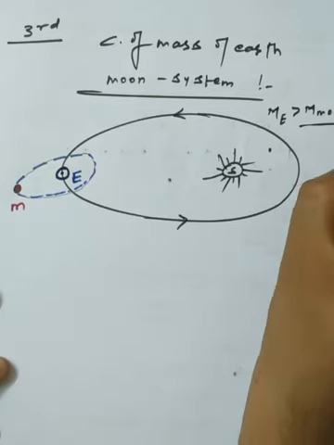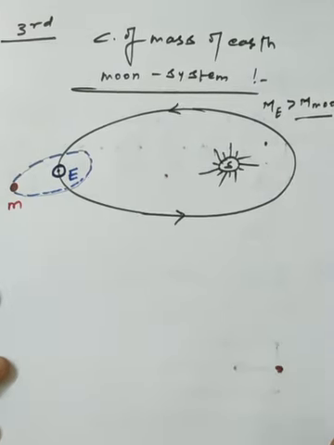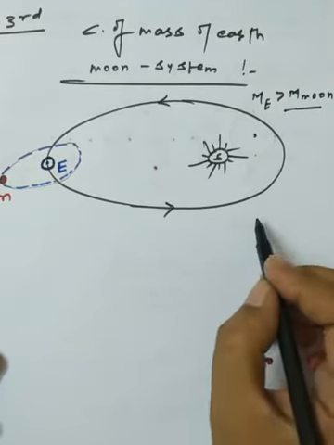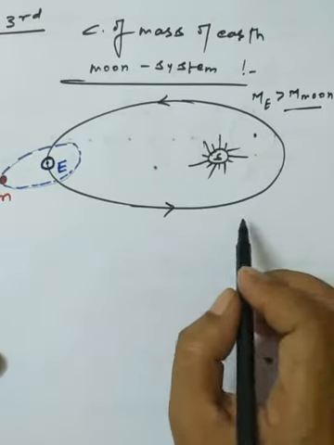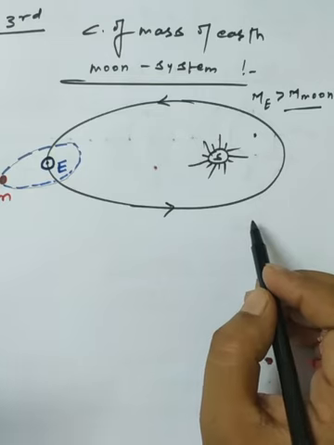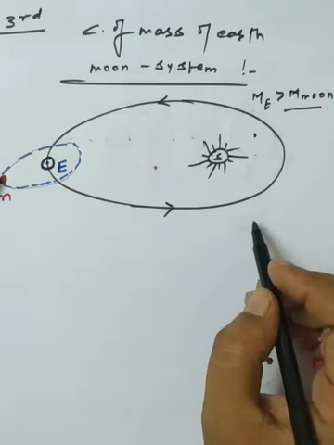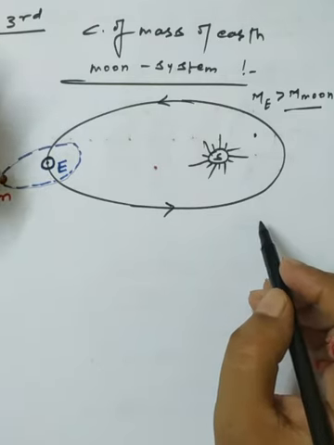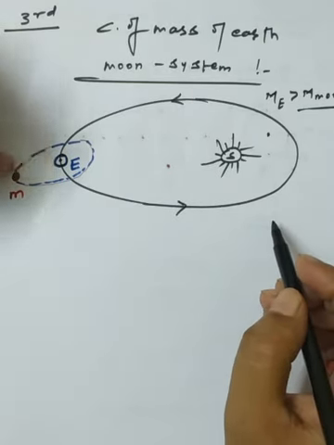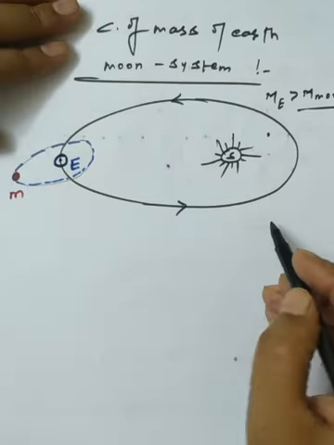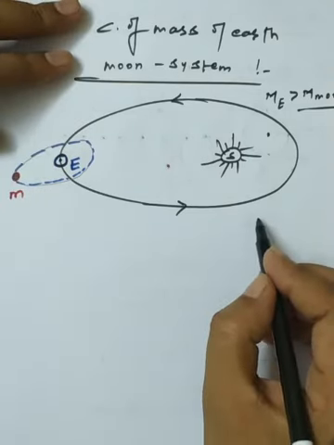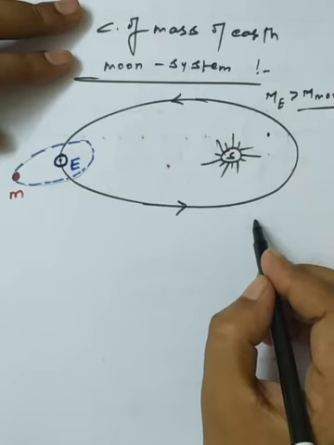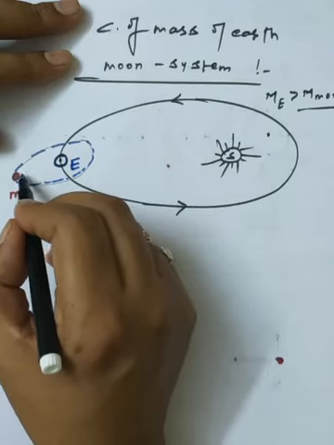As we have already discussed, there are two systems which make one single system. Suppose we are assuming a two particle system. One particle is the earth, and the other particle is the moon. Here we have the difference in the masses. Earth is heavier compared to the moon. So we have discussed in the statics of center of mass that if a particle has more mass, the center of mass will shift towards it.